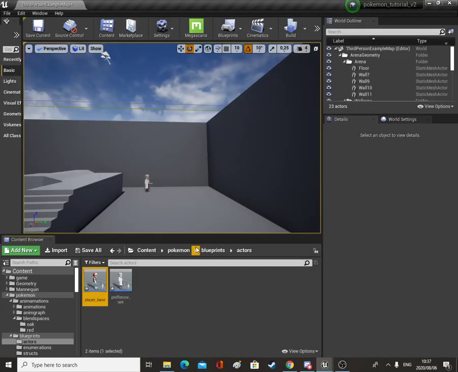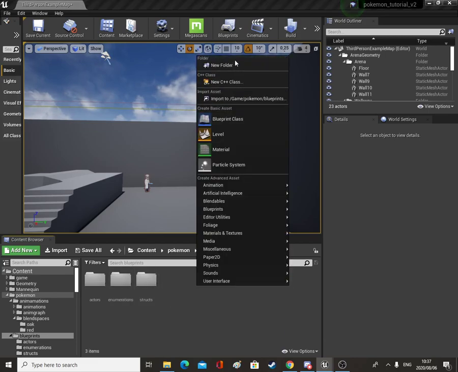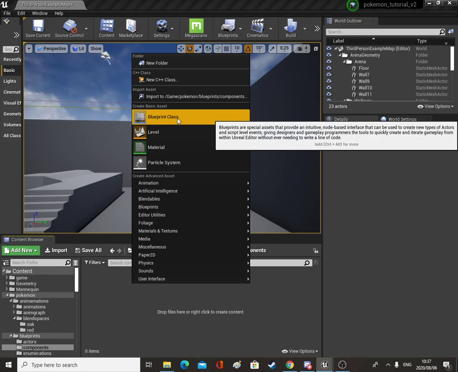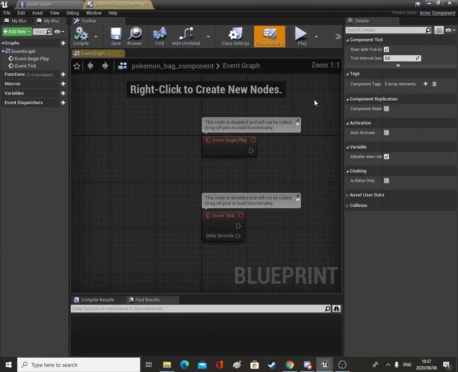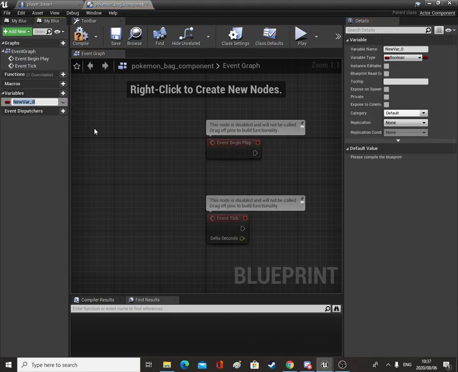Or let's do this even smarter. Let's go to Pokemon, let's go blueprints, let's make a new folder, we'll call this components, and we'll open this up, and we'll make a blueprint class, actor component, and we'll call this Pokemon bag component. Alright, then we'll open it up, and inside of here we'll add a variable, and we'll call this